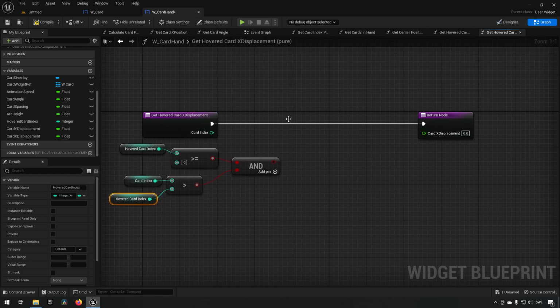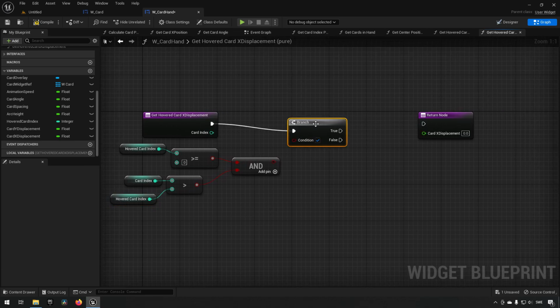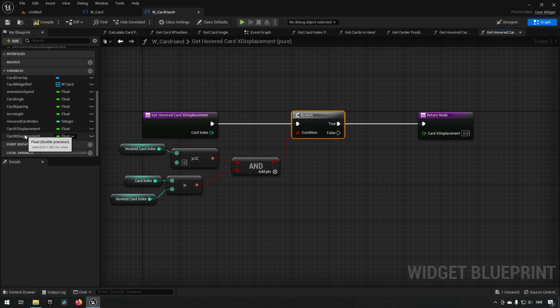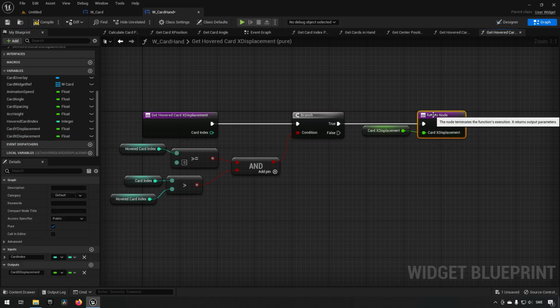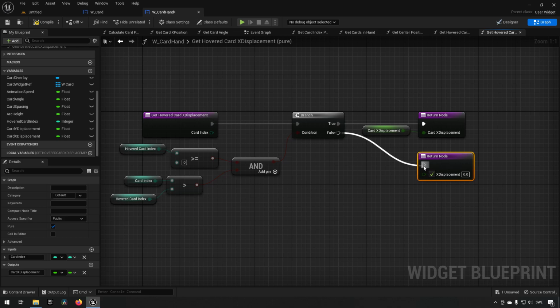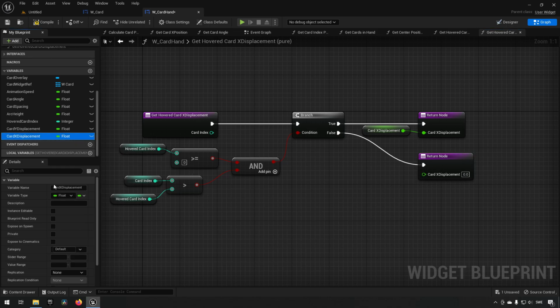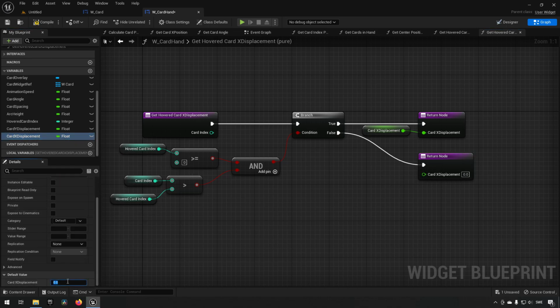Then we add our branch, and then we hook this up. And then we can say that on the true event, we get the card X displacement. Otherwise, we will just return 0, so it will not move it any differently. And when it comes to the displacement itself, we can just set a default value here. Let's start with 250. That should make it pretty clear whether it's working or not. Going back,